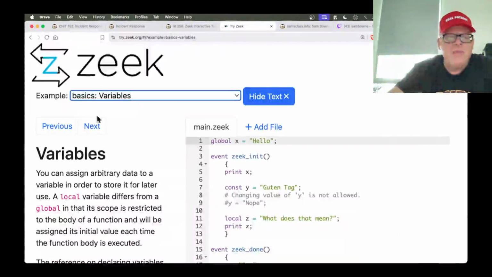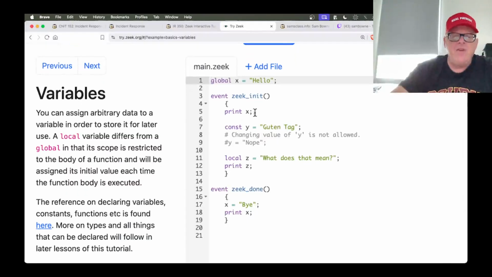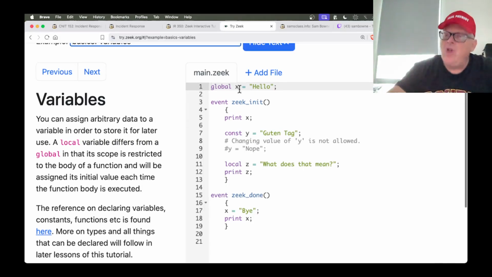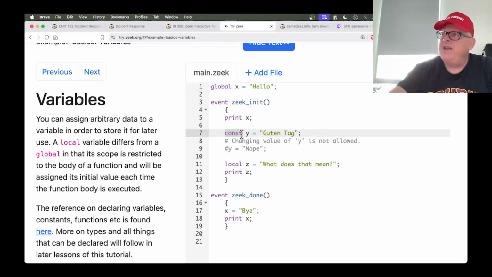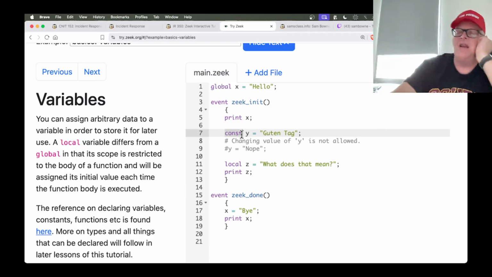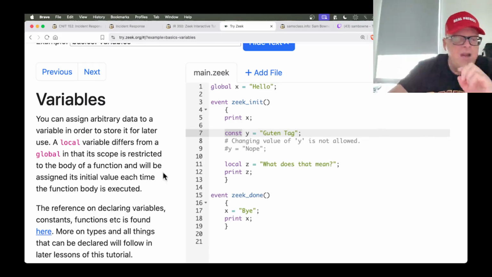And then you have variables. You can define variables here. We're going to print x and y. Now here I think we're going to have trouble because I think, go global x. This will be available everywhere. So x will work. Oh, and y is defined, but you can't change the value because it's a constant. This again is like a lot of other languages like Rust and like Python. So if you have a constant variable, you can't change it. And so,